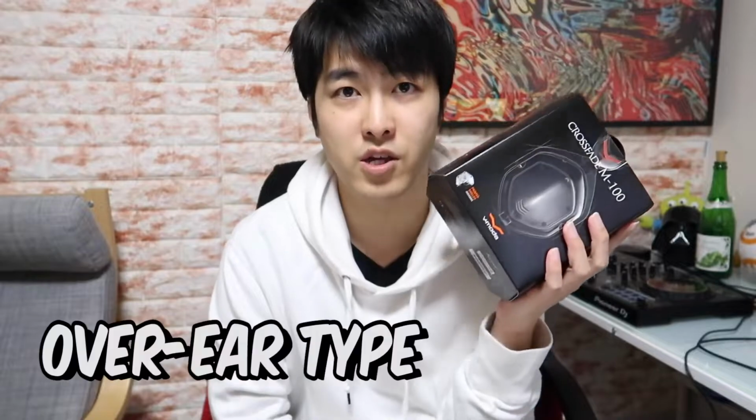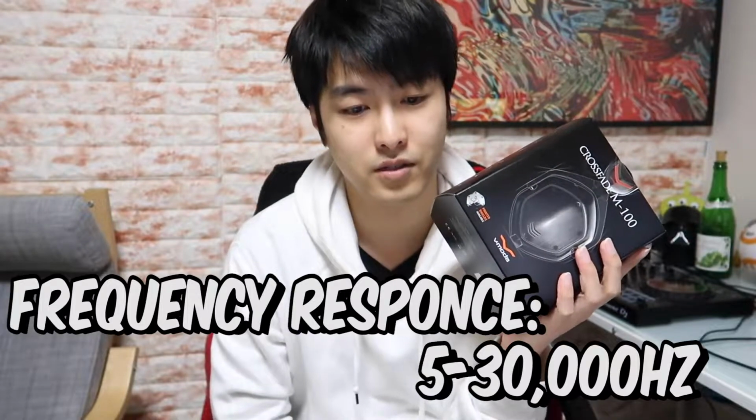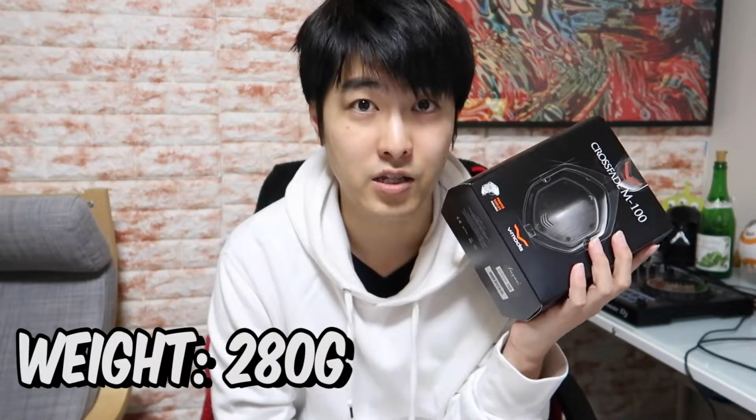This headphone is an over-ear headphone, and the frequency response is 5 to 30,000 Hz. Sensitivity is 103 decibels, impedance is 32 ohms, and weight is 280 grams. I checked the homepage. I recommend you check this headphone before buying, because you maybe don't like this